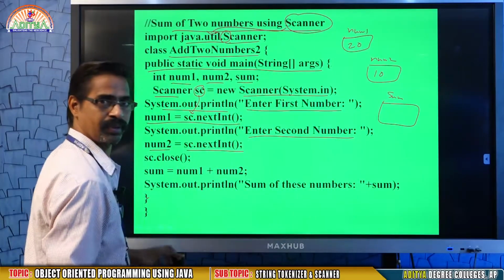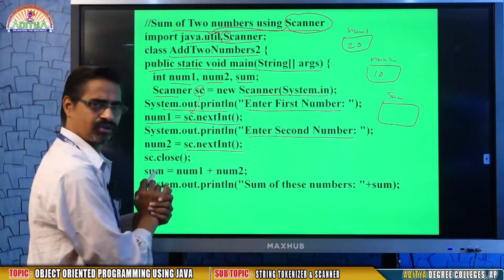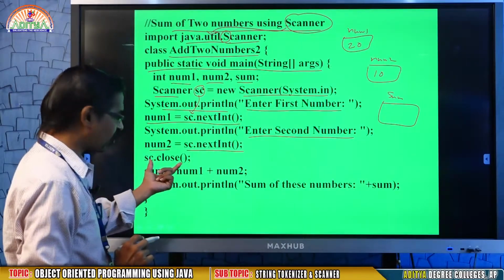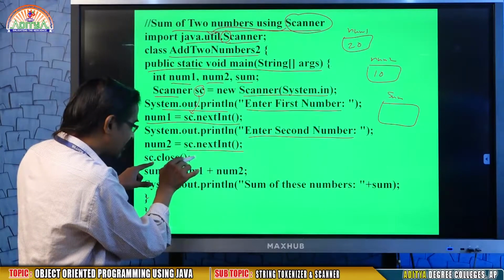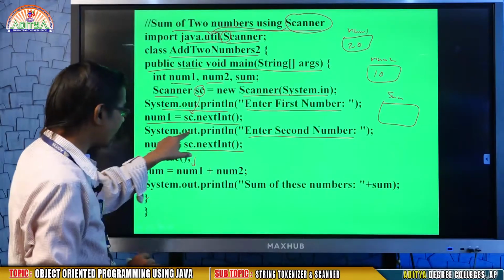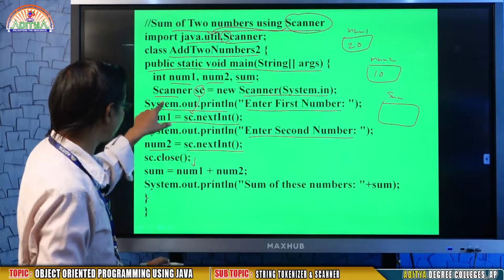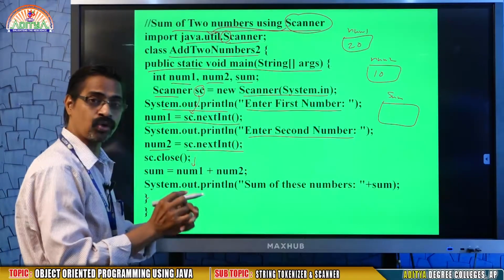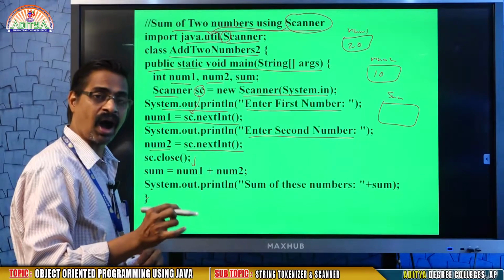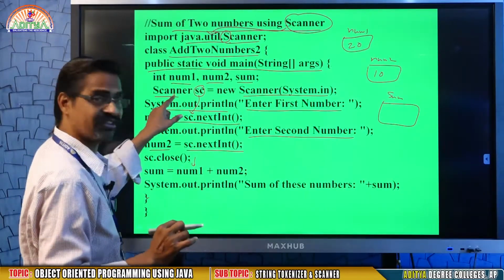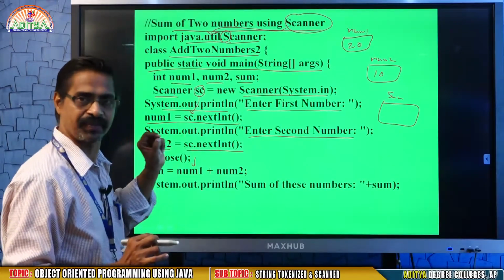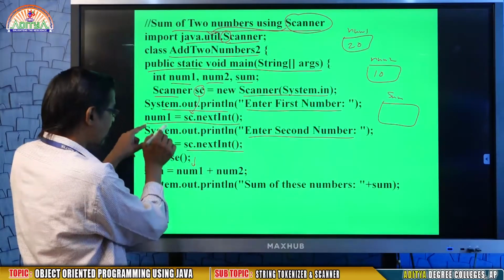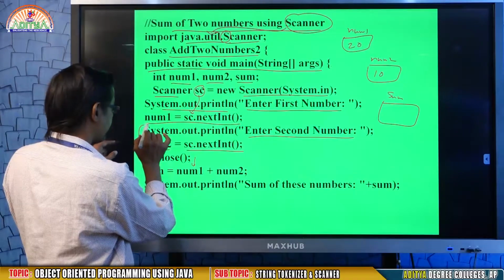Now next one. Why sc.close? Actually it is not required. Placing sc.close means that after this statement, I don't want to read or use this scanner object, so I am closing it. In case you write sc.close here, what happens?